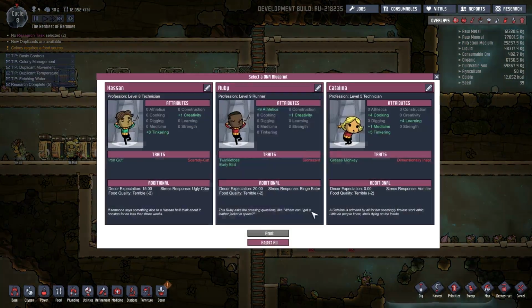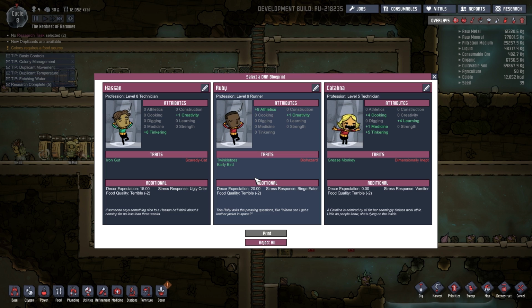Let's take our 5th duplicate, and that's going to be the last one that we take, unless people vote ridiculously aggressively. So that guy's good at tinkering. So we've got Hassan. He's creativity and tinkering, Iron Gut, and he's a scaredy cat, so he can't fight. We've got Ruby,